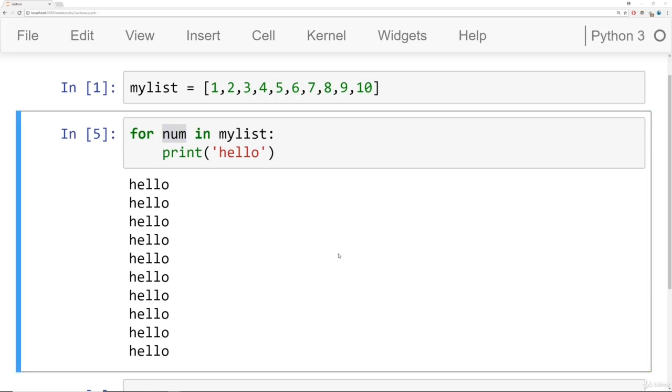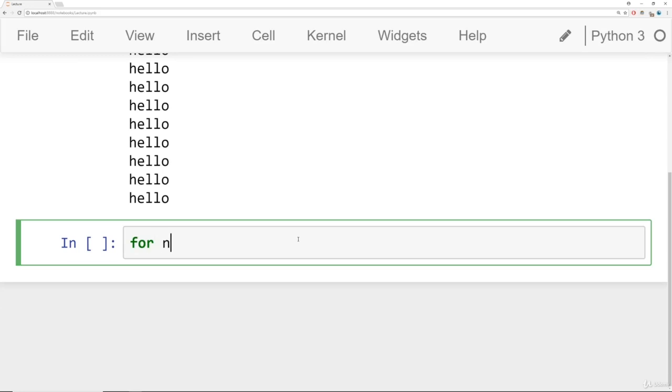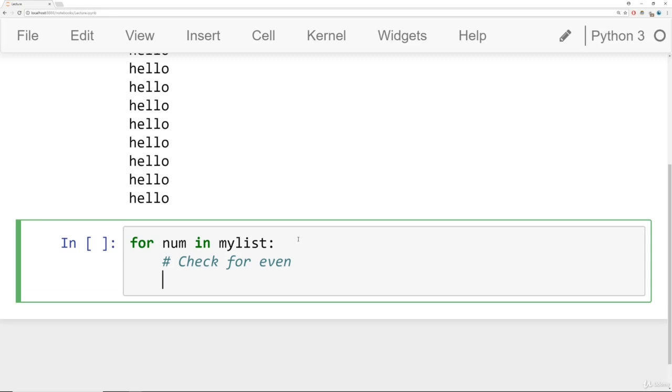Now let's combine our knowledge of for loops with a little bit of what we just discussed in control flow. Let's see if we can print out only the even numbers in this list. So to do that, what we're going to do is start off by saying for num in my list. And then I'm going to add in some control flow to somehow check if the number's even. So I'll say check for even here. This is just a comment. And then what I will do is the following. I'll say if num mod 2 is equal to 0, colon,